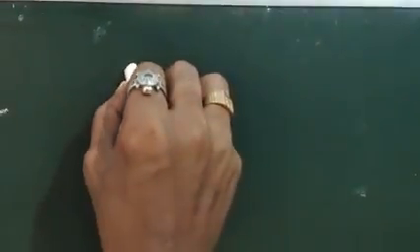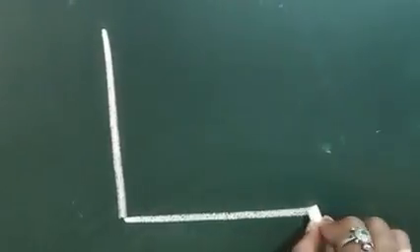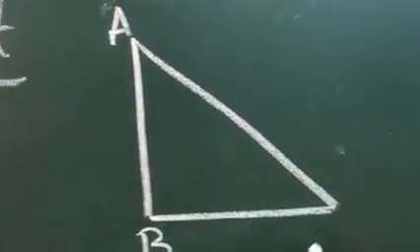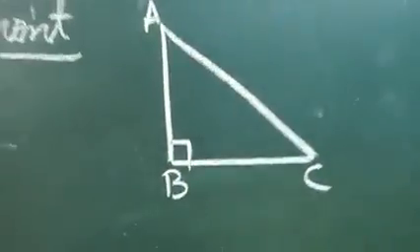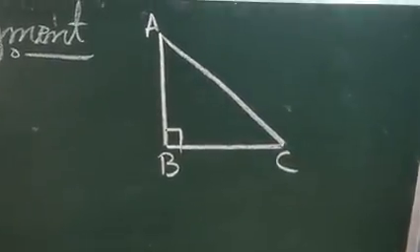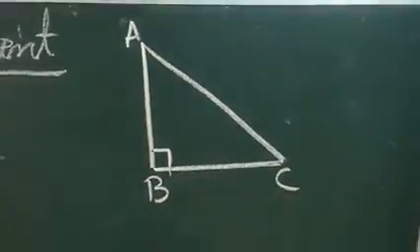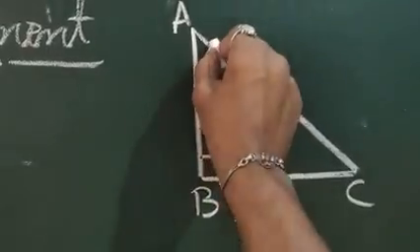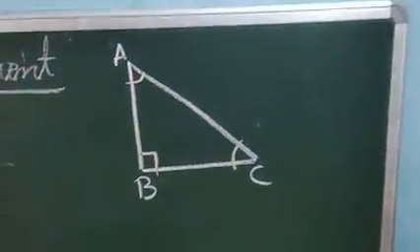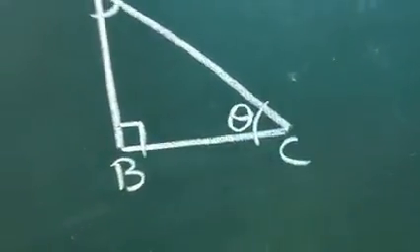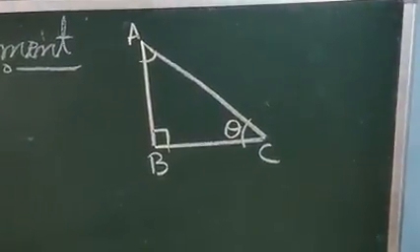Now let us concentrate on two values of trigonometry. Look here. Trigonometry mainly deals with right angle triangles. ABC is a right angle triangle, right angled at B. Listen carefully. One angle is 90 degrees, therefore it is called a right angle triangle. The remaining two, angle A and angle C, are acute angles. I will take any one of the angles as theta. That symbol is called theta.